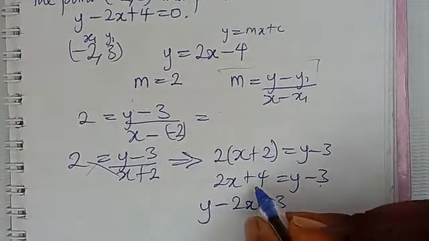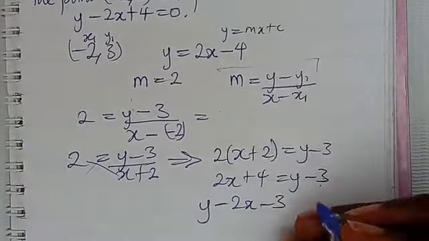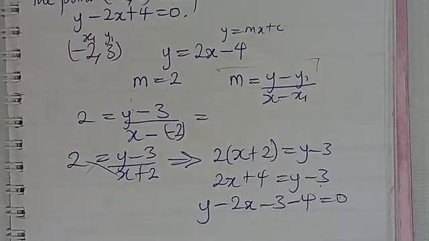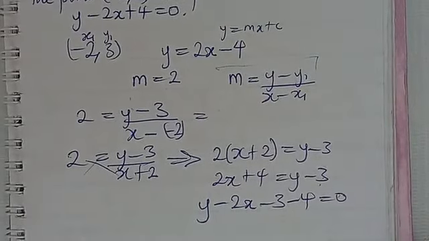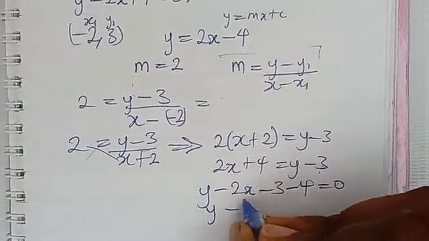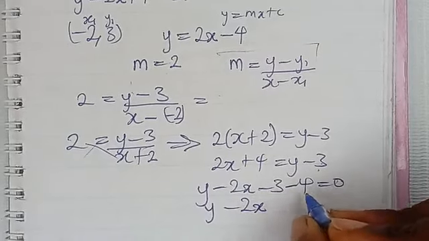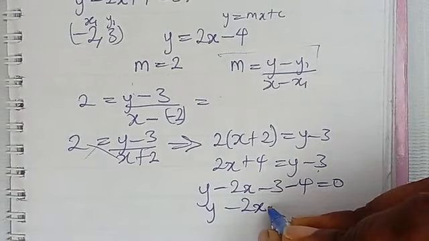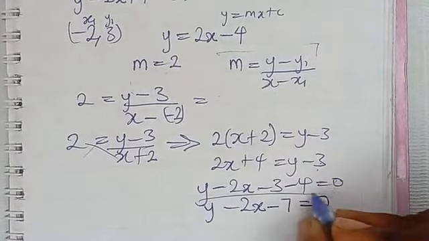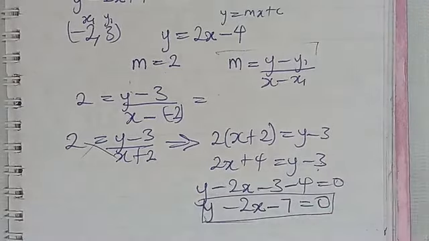Okay, let me write that. Then plus 4 comes over to be negative 4. Then we can now equate it to 0. Now we finalize this equation by saying y minus 2x minus 3 minus 4, that is minus 7, equal to 0. So this is the equation of that line,